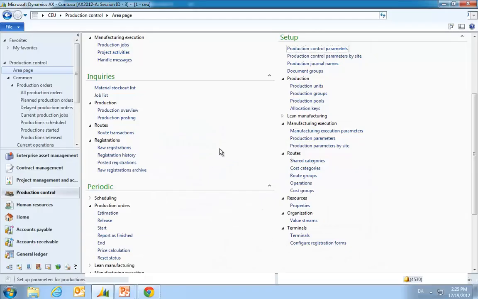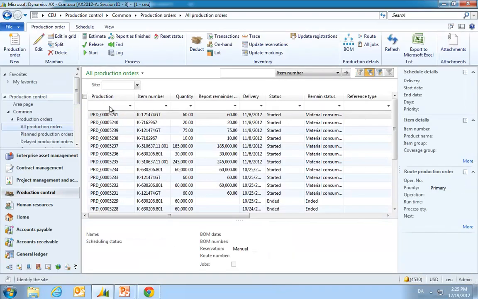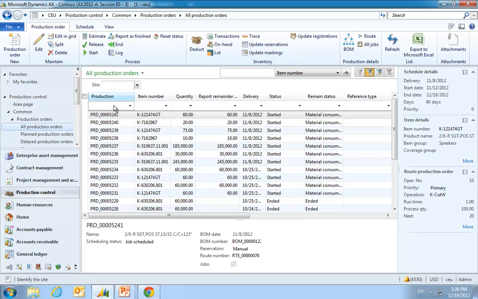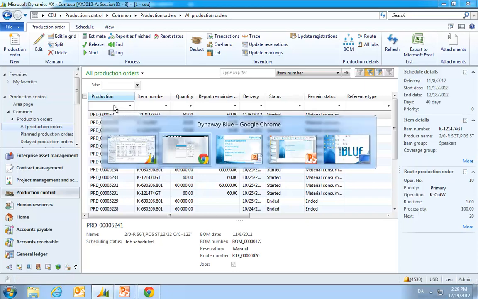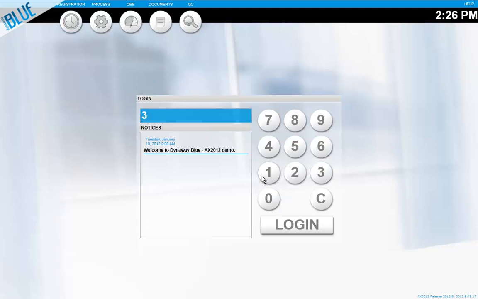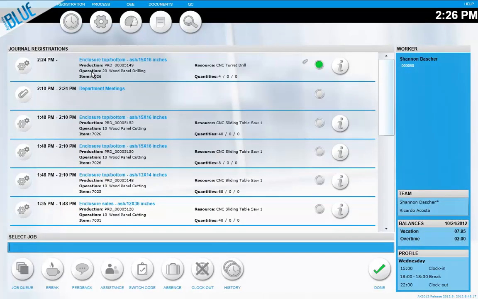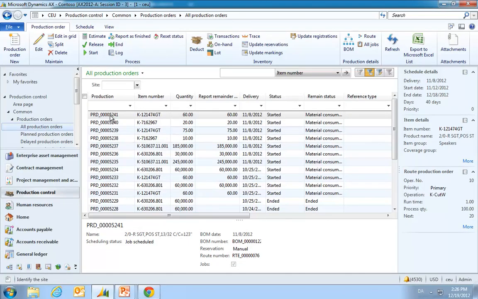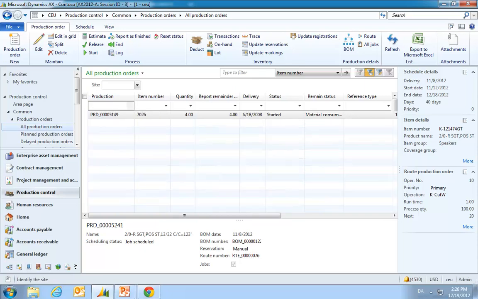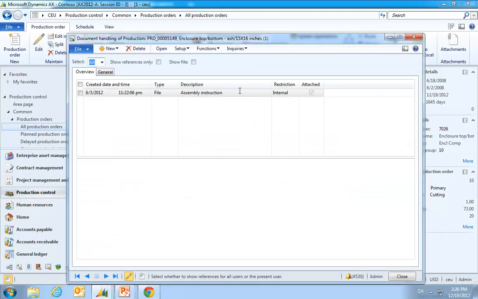We have it right here. Let's find that production order that we're working on. So it was, what was the number? Better check again. My current production order ID is 51.49. Back to AX. Filter on that. 51.49. So here's my production order,